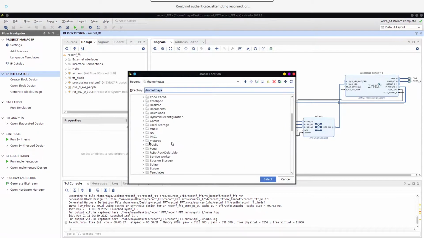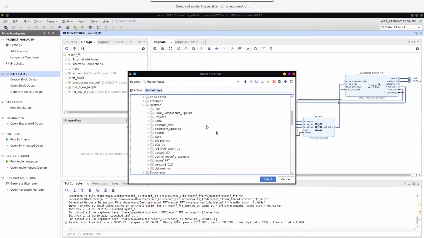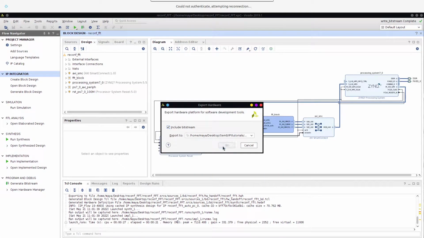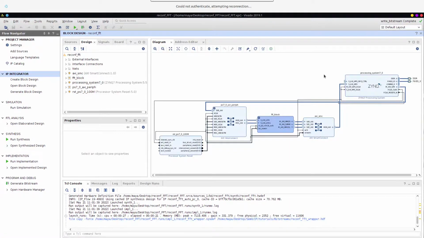So I will just choose a location which will have my bitstream and the other files that I will require. So once this is done,